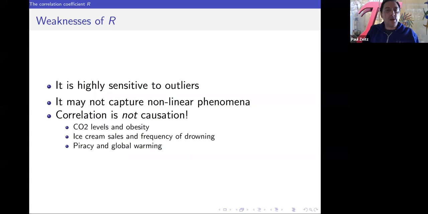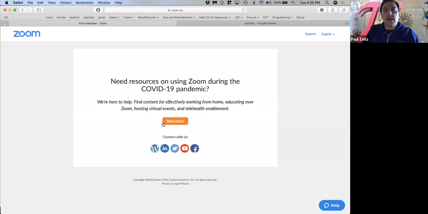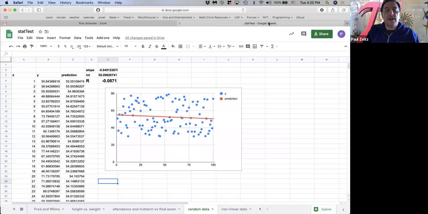Okay, I'm going to switch to a Google Sheet. Let me see if I can find it. And there it is. And the survey has just popped up. If everyone wants to quickly answer that, it would be okay. I just closed my survey because it got in front of my screen, but I'm not sure how it works for other people.